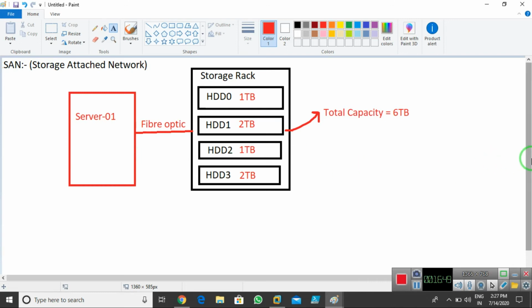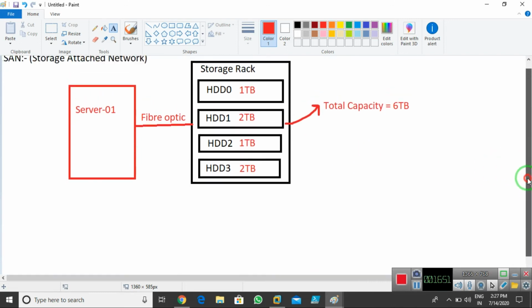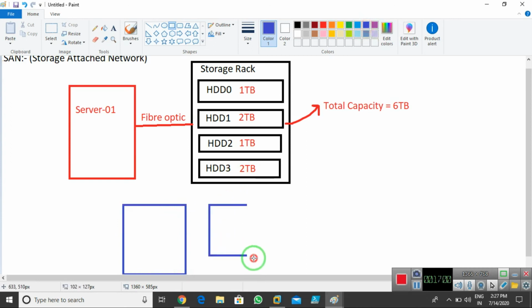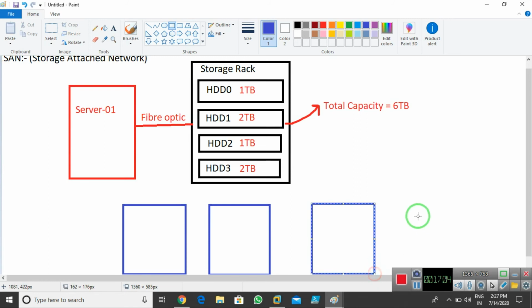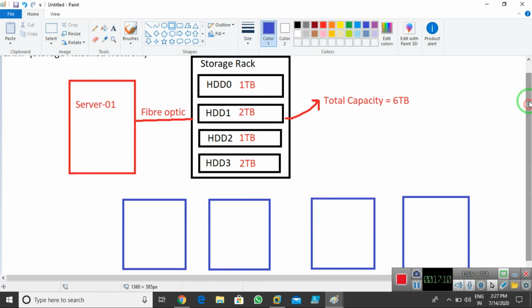Fine. Now imagine that under that we have some more servers running. Let's change the colors. Imagine we have some servers running.